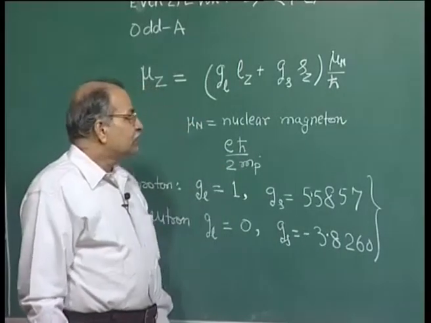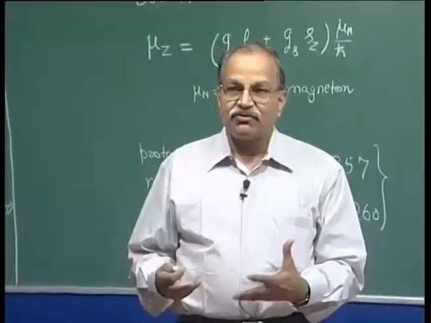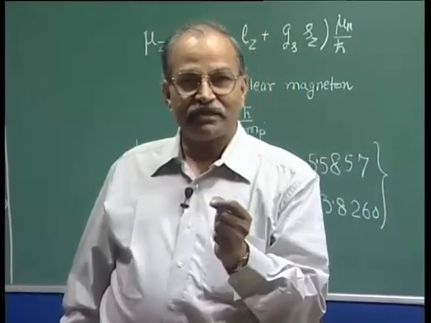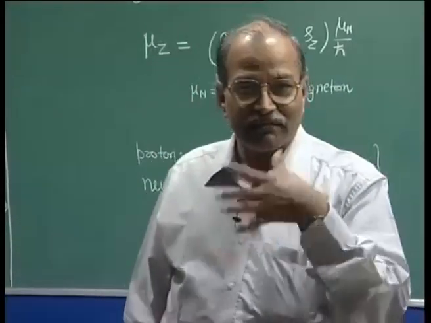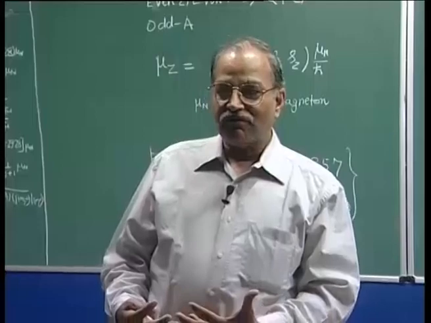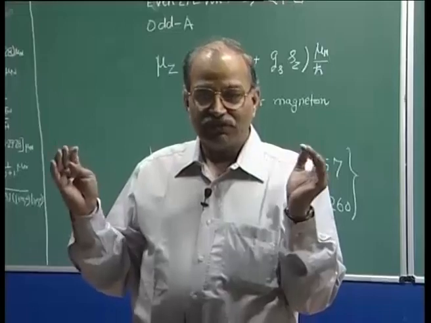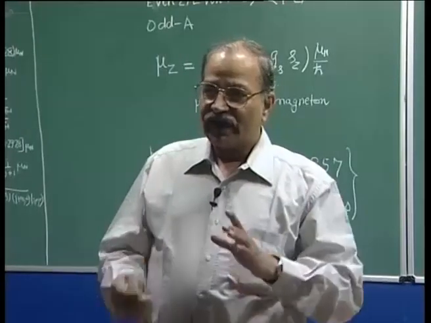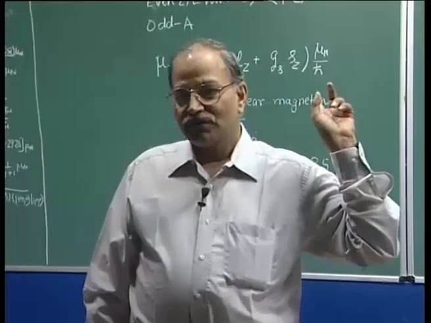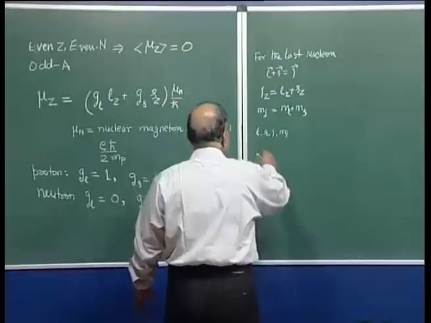The second issue is, when we make a measurement on a system, what we actually measure is some kind of average value, because we do not make a measurement on one nucleus. We will make a measurement on a large number of nuclei, and all nuclei will not get aligned in one particular fashion. So, what you measure is an average value, and if you want to calculate and compare with the experiment, the calculation also should go for that average value. So, what we need is